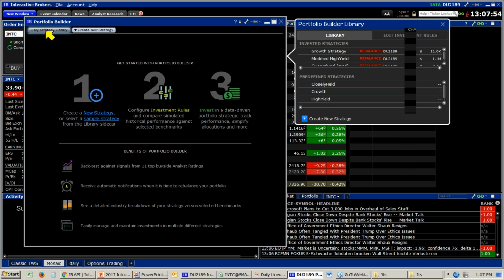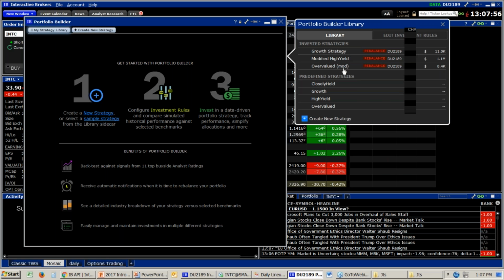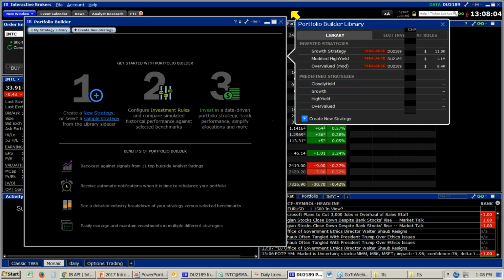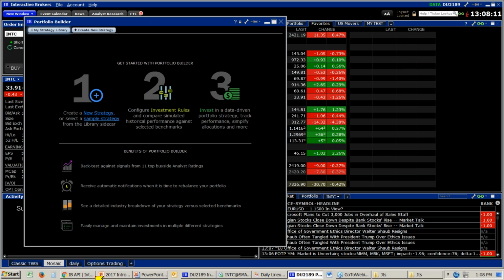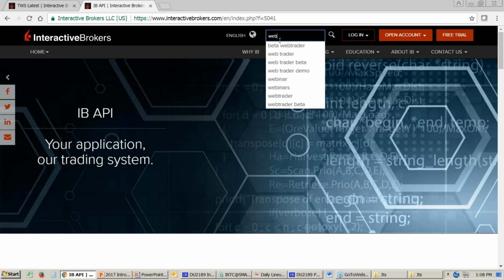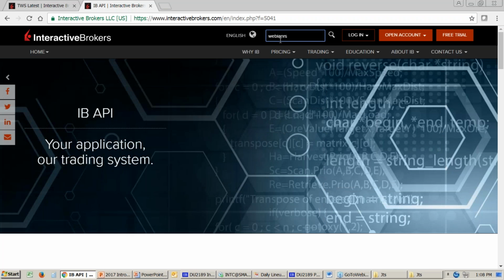As you do notice, there's different strategy labs. You'll see these are the different strategies I include in my portfolio, but notice there's even some predefined strategies that I could look at from here. What I am going to do right now, though, is minimize this and also show you, let's go back to the Interactive Brokers website, because if I put in here webinars in my search field, well, it also helps to spell it correctly,